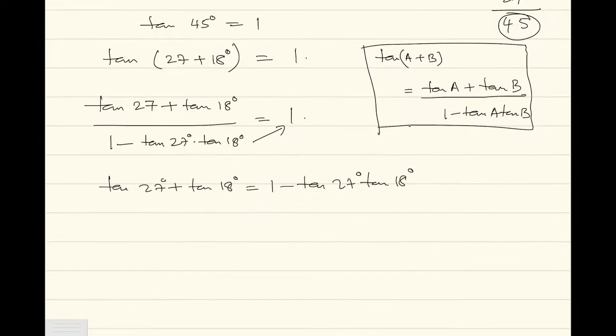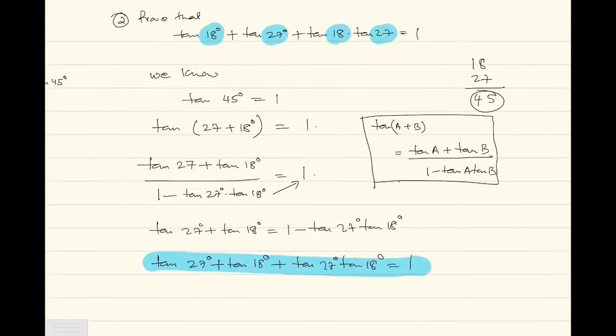So now finally let me transpose tan 27 degree dot tan 18 degree. Tan 27 plus tan 18 degree plus tan 27 degree tan 18 degree is equal to 1, and that's what I had to prove. Check this out, the blue highlighted statement is exactly equal to the one I have here, so you can write hence